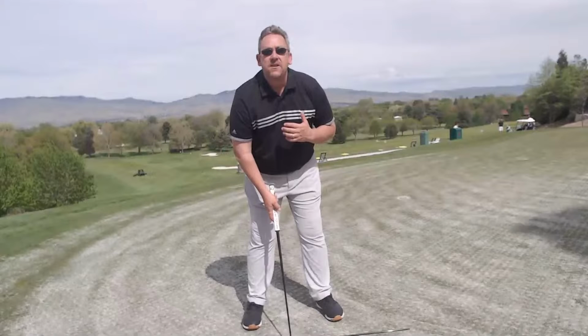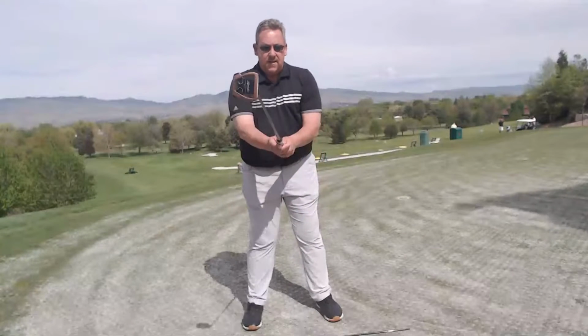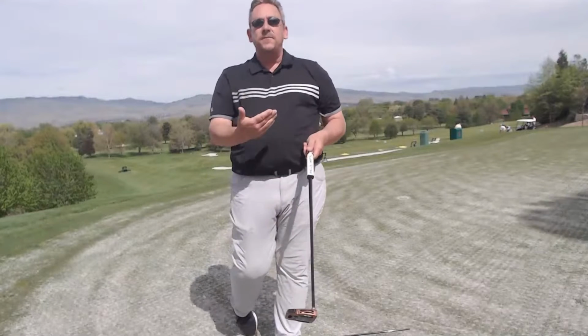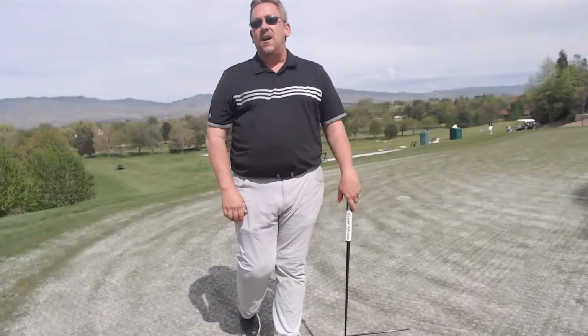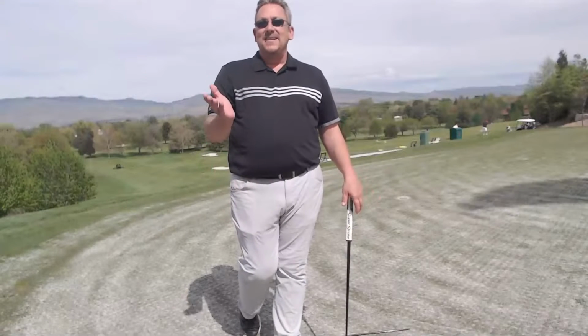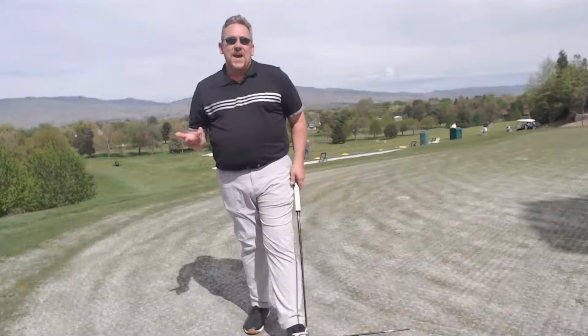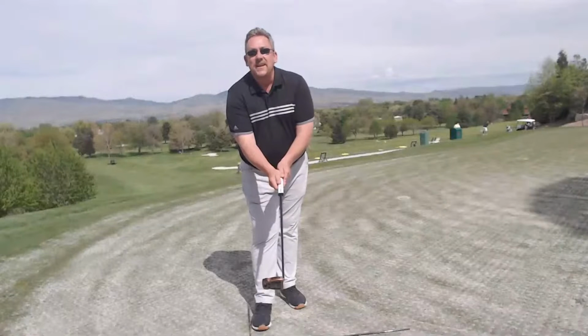So if you watched my video on Sunday, you remember I talked about a couple of things that address. Number one, I want to have my thumbs pointed straight down the center of the shaft. Again, I really don't care what kind of grip you use as long as it's a neutral grip. It doesn't shut the blade down and doesn't open the blade up. And with that grip, we want our thumbs right down the center, and that's going to keep that blade as